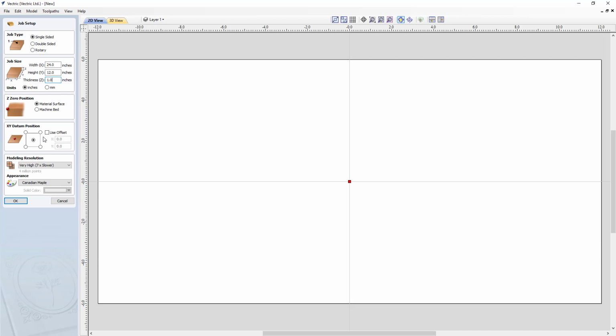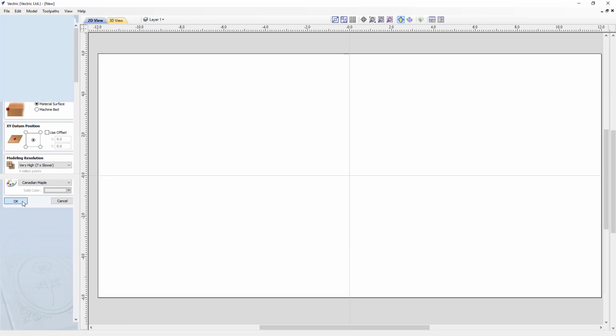If this isn't the way that you actually are going to cut the project, you can change it later, but for right now, it's easier to do it this way if you'd like. You're going to choose a very high modeling resolution, and we're going to go ahead and click OK. Now,